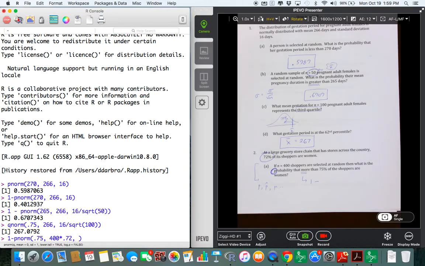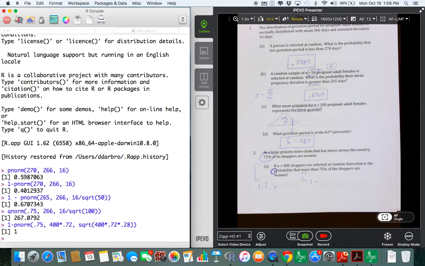And the standard deviation is the square root of N times P times 1 minus P. So I have 400 times 0.72 times 1 minus 0.72, which is 0.28. All right. So that's kind of weird. Probability that more than 75% of its shoppers